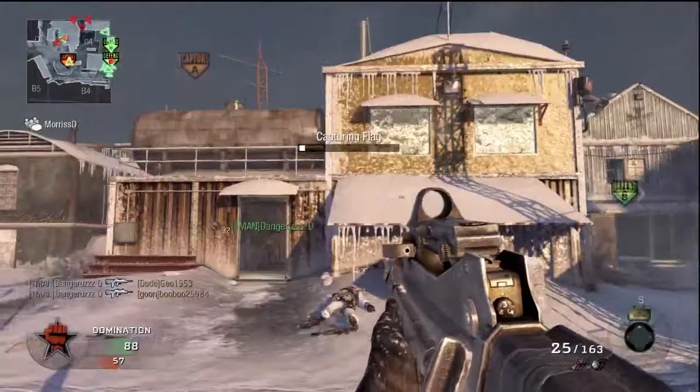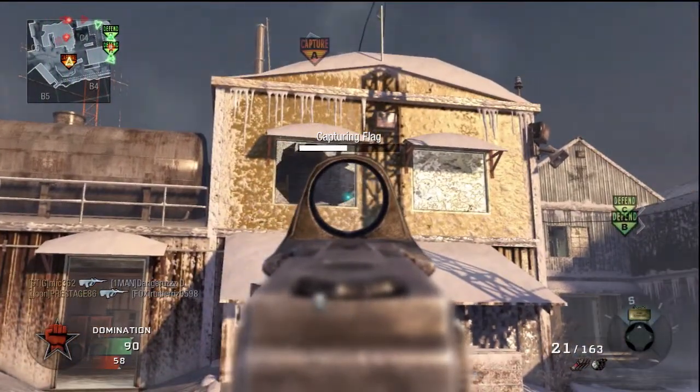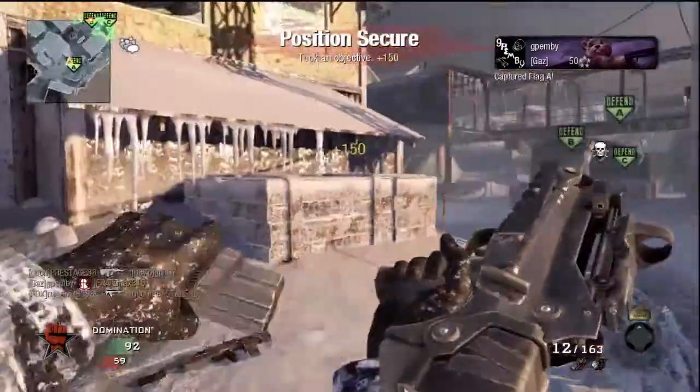Decided to jump on the A flag. You can see the red triangle in the building. Know he's going to come to the window and basically just wait for him. And he's there to die straight away. Now I missed the red triangle, jump out of the window to the right towards B, but we've captured the